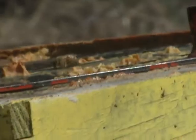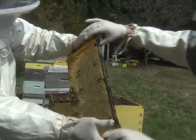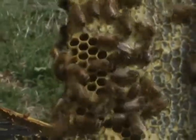Hey, I scored some nectar from... Yeah, exactly. Well, they'll bring samples too, and let them taste the samples. The whole purpose of the honey is for the bees to live through the winter, so the 2 hive bottoms are left for the bees' winter storage, and we get to take the honey from the top. Just hold the 2 ears. Try not to squish any bees. You give them a little bit. And when they get on the top frame here, you want to give them a little bit of...